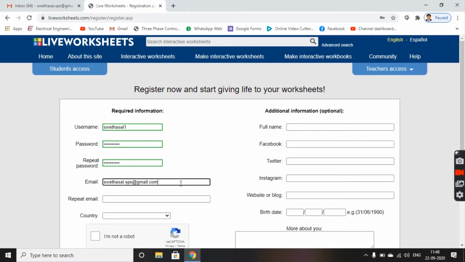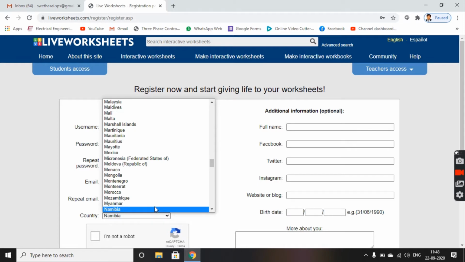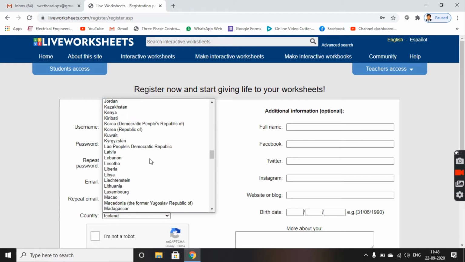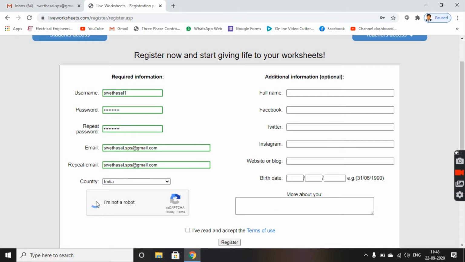and repeat the email. You can copy and paste it and give the country as India. Choose I and India and click on I am not a robot.